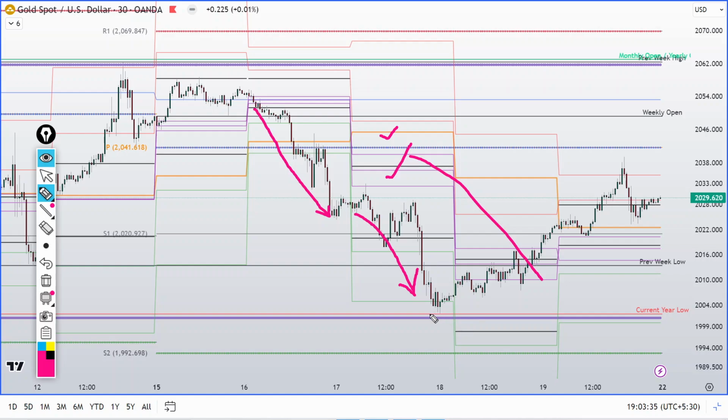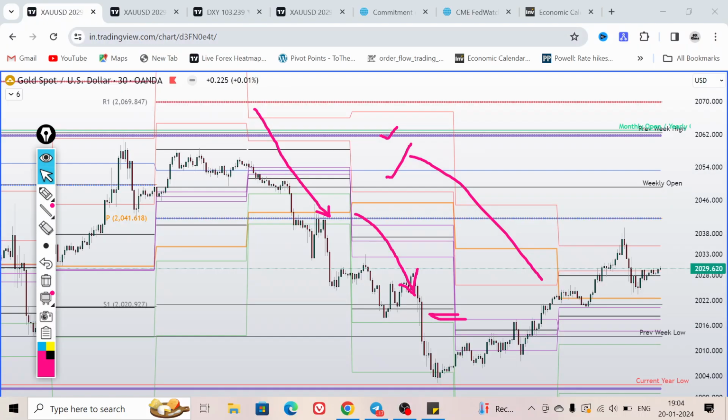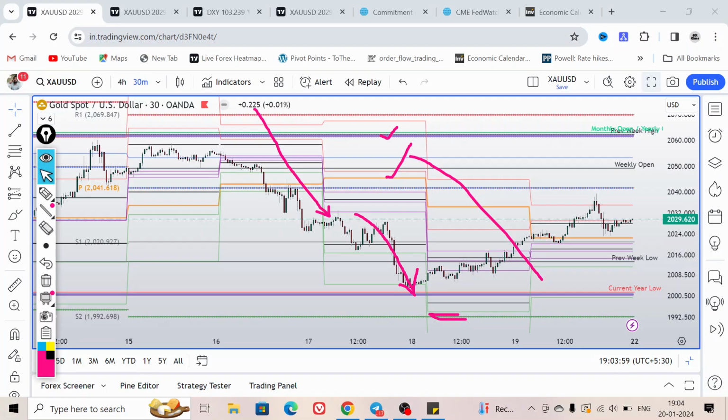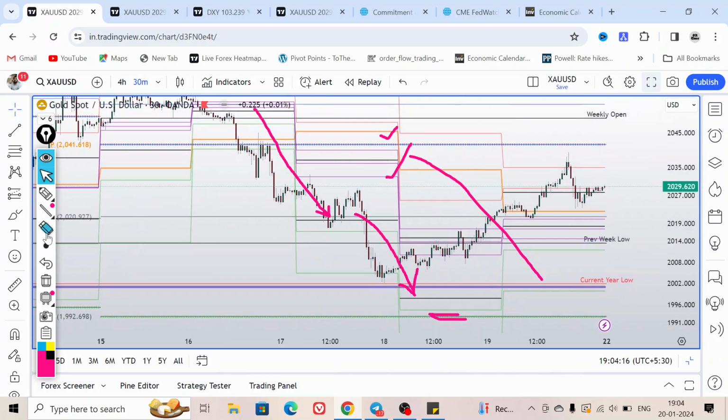extended the decline and took support near the psychological level of 2000, because I think the main reason is the situation in the Middle East, and gold continues holding the price above 2000. We already saw this in previous trading weeks also. The tension in the Red Sea between Houthi rebels and the United States military, alongside the military strike between Pakistan and Iran, have contributed to this recovery which we have seen in the Thursday and Friday trading session.